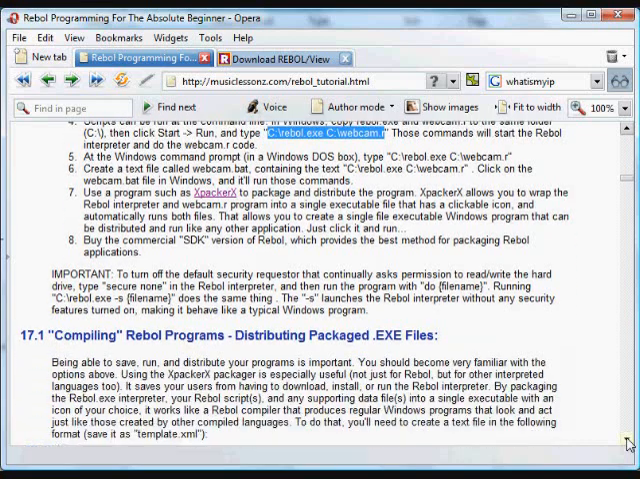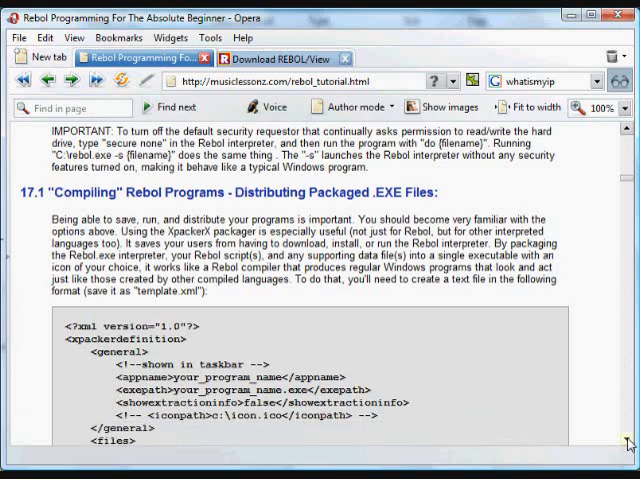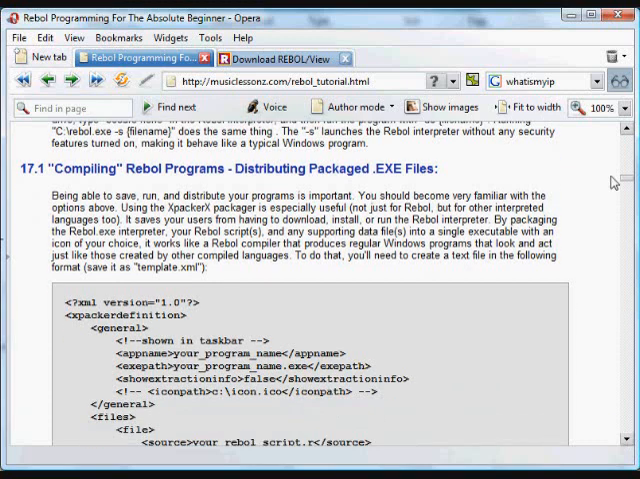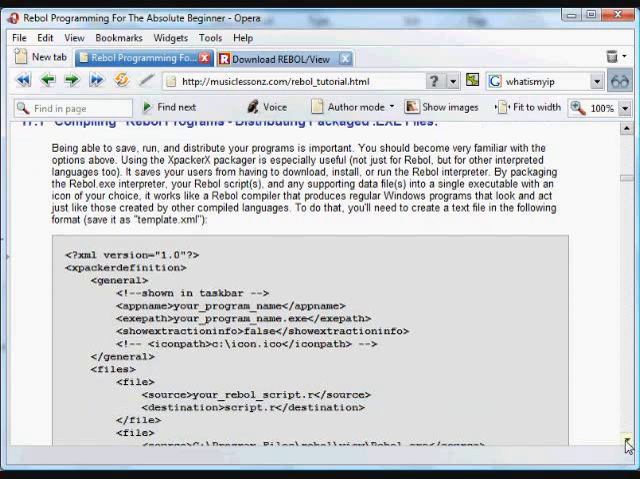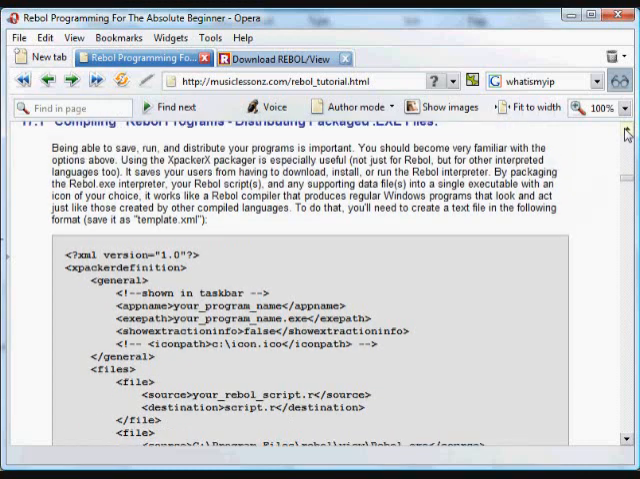One of the most important ways is to create an executable, and there are a couple ways to do this. You can buy a version of Rebol, the commercial version that will create and cap programs that are executables. Another way is to get this program called